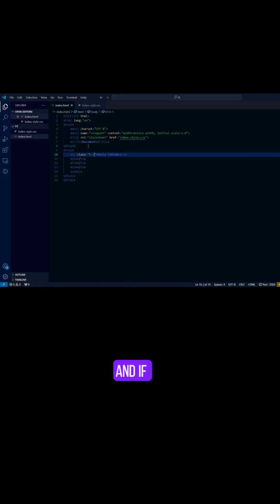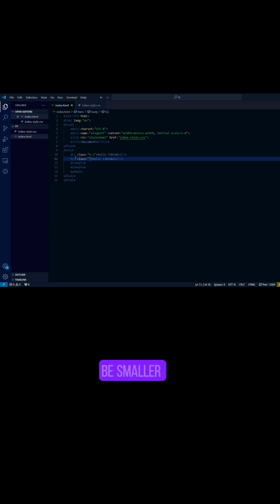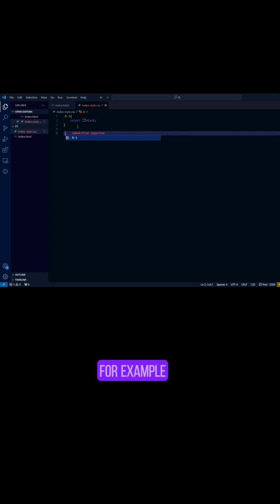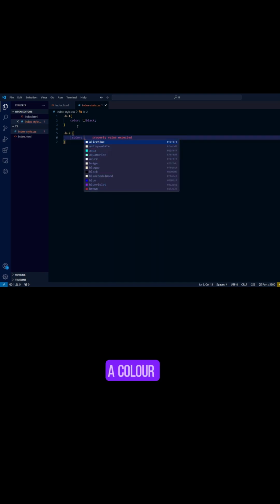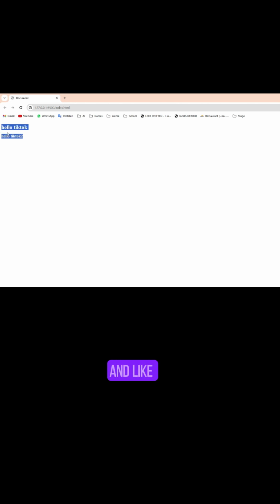And if I type the hello TikTok 2 and the H2 tag, it's going to be smaller than the H1. Like how farther you go, how smaller the text get. Like for example, H2, and to give it a color of blue. Now you're going to notice the text is smaller than this, and like 3 is smaller than 2, 4 is